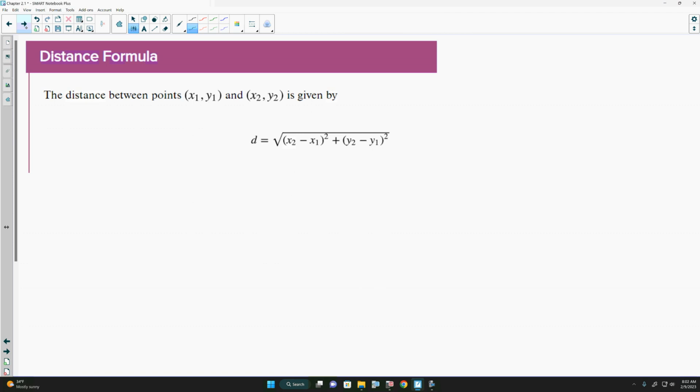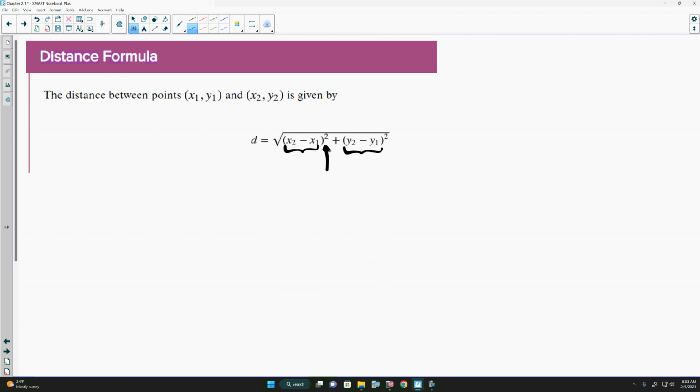Now, distance between 2 points is given by this equation. D is equal to the square root of x2 minus x1 squared plus y2 minus y1 squared. And given any 2 points, we plug the x values in here, y values in here, and simplify. Now, the order of the x and y values really doesn't make a difference for this, mainly because of the